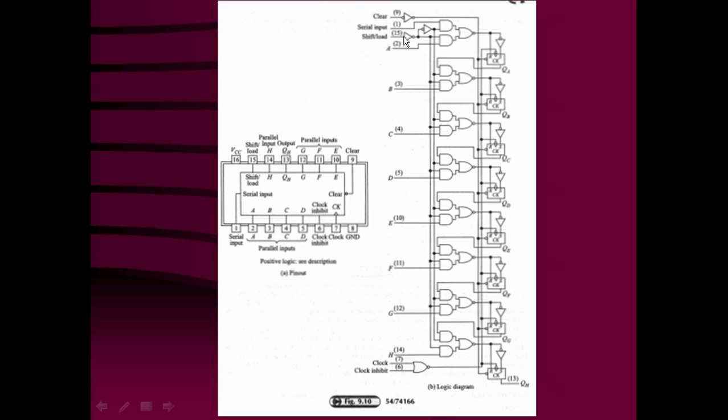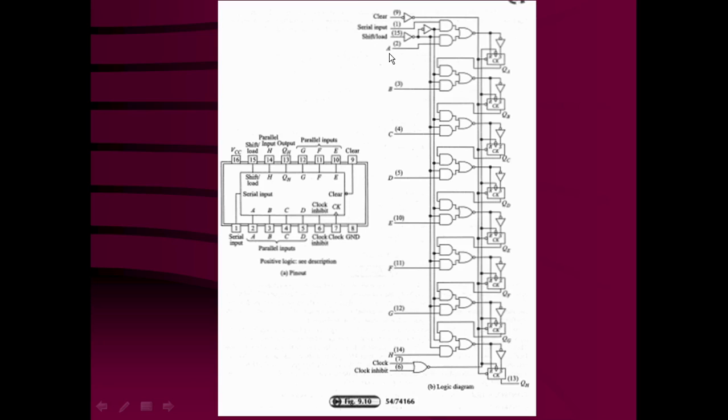So when the shift load control line is low, the output of the first inverter is going to be high. That means the lower AND gate is enabled, and similarly here, because this line is connected to one of the inputs of the lower AND gates of all 8 circuits. So all the lower AND gates are enabled, and the data present at the other input of the lower AND gates, that is the data inputs A, B, C, D, E, F, G and H, will be shifted into the corresponding flip-flops on a single clock transition.